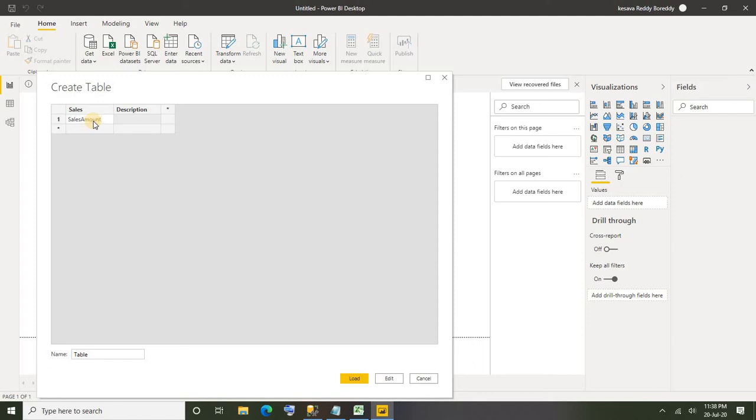If you want to have a description of that, like total product sales, whatever, of course you can have a description like this and use that for your glossary purpose, and of course you can use your table name also. And the other way is, if you don't want to manually enter data here, and you want to copy and paste the data from your Excel or something, of course you can do so.